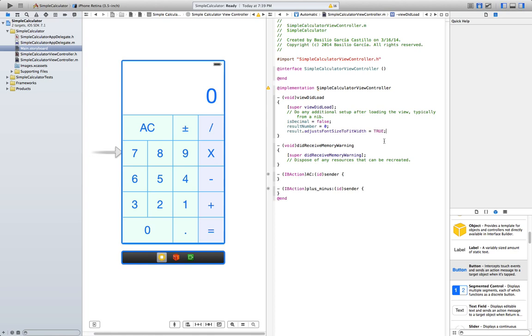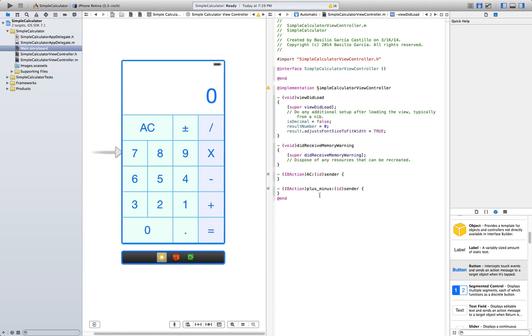And let's go ahead. We don't need to do anything with the receive memory warning. Now we need a way to set up our numbers, so each time we press a number it's basically gonna do a certain action and display it here. We could just implement some code for each number over and over, do it 10 times for 10 numbers. Instead we're gonna have a method and call it with the different numbers, because a good programming methodology is reusing the code as much as you can.